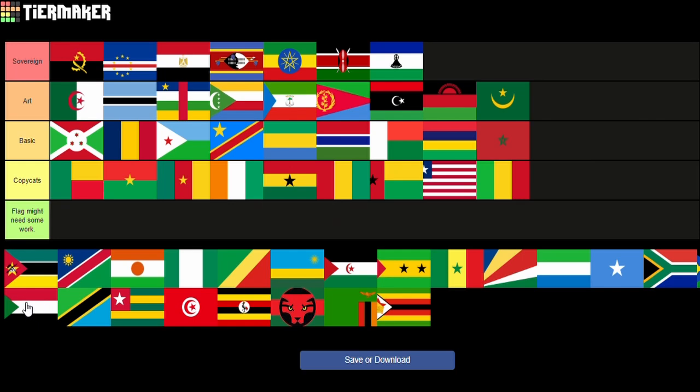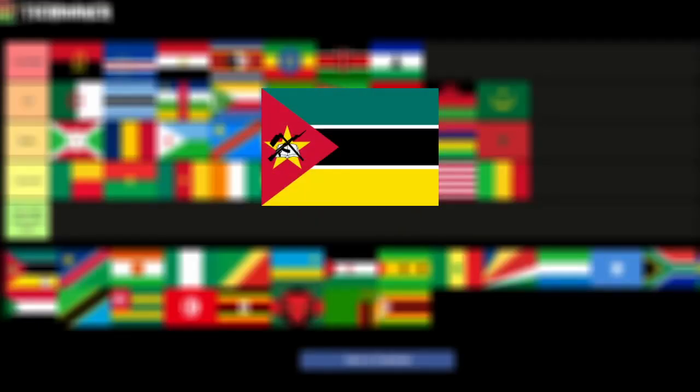Next up, we have the flag of Mozambique, and arguably this is one of the flags with the most elements. We have a red triangle at the hoist side of the flag, coupled with a horizontal tricolor pattern of teal, black and yellow, which are separated by white stripes in between them. And not only that, within the red triangle we have a 5-point yellow star, which is superimposed by an open book, which is then also superimposed by a Kalashnikov rifle with the bayonet attached, crossed by a hoe, the farm